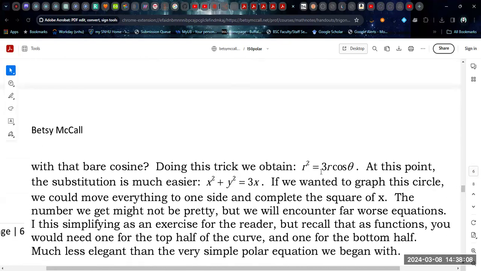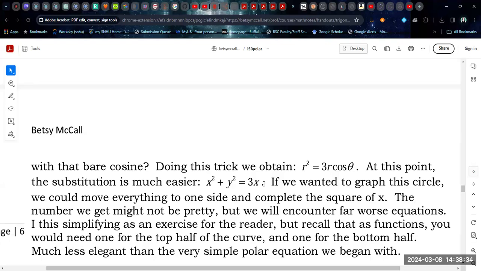And when we do that, the one side of the equation that was r is going to become r squared. And on the other side of the equation, we're going to get r cosine theta. And this makes our substitutions much easier. r squared is x squared plus y squared, and r cosine theta is just x. And so now we're in